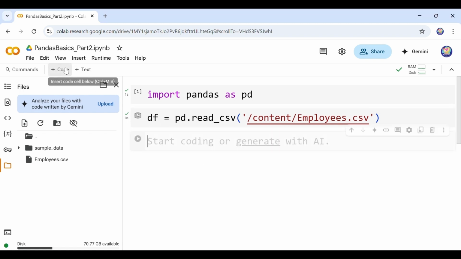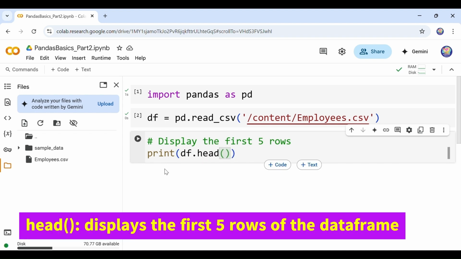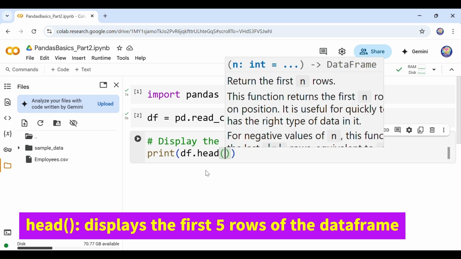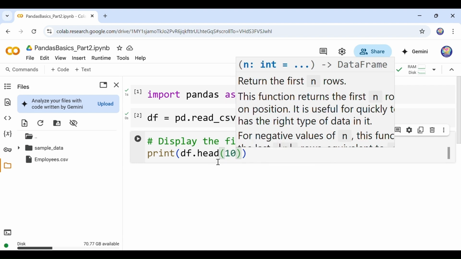In the next step, let's read the top 5 rows of the data frame. So in order to display the top 5 rows, I am going to pass the df.head method inside the print method. This head method reads the top 5 rows of any data frame by default. But here you can pass any value. For example, if I pass head 10, then the top 10 rows, if they exist, will be displayed on the screen.